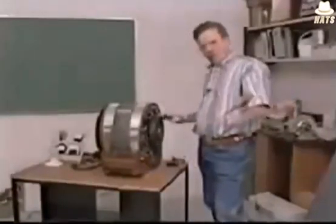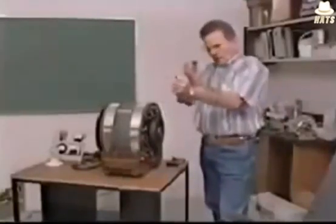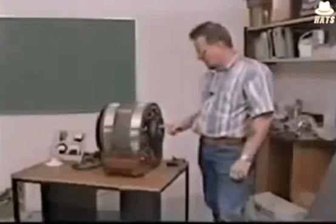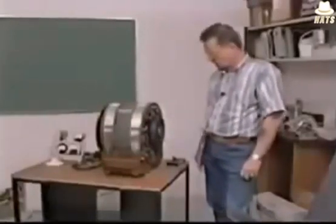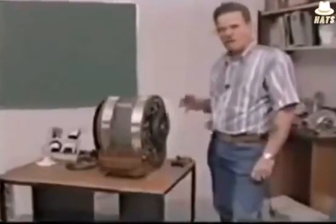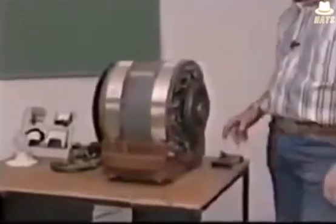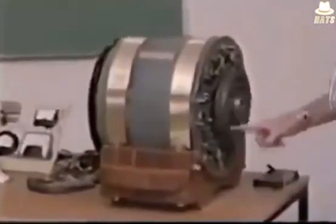All magnets, the big old wooden prototype, has a system. As the motor went over, it had a tension to jerk over like that. If you take this motor here and you take your finger and rotate it, it doesn't have that jerking in it. So what I've done, I got rid of the crankshaft. I've got rid of the injectors, and the system in this motor here, as you crank this motor up,